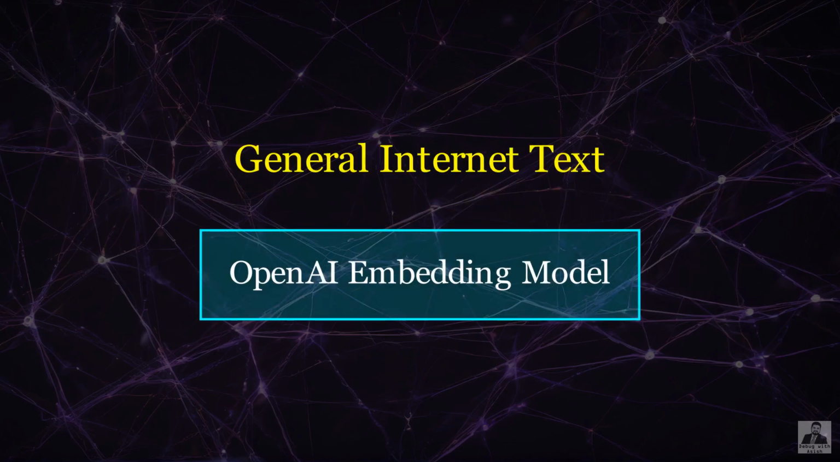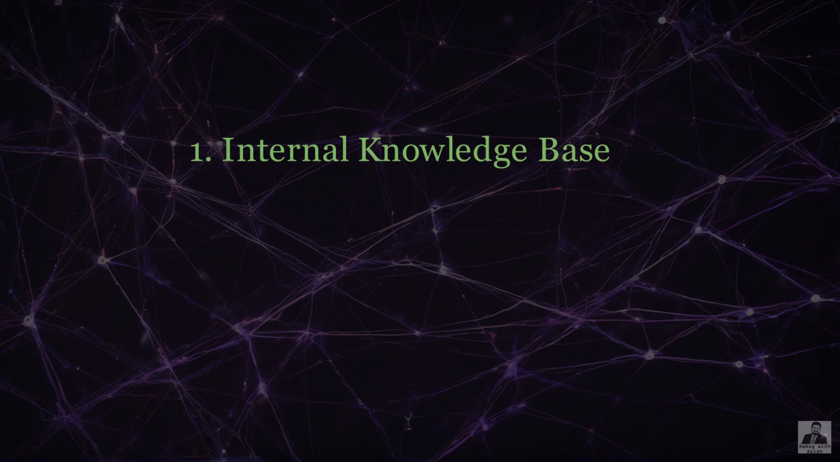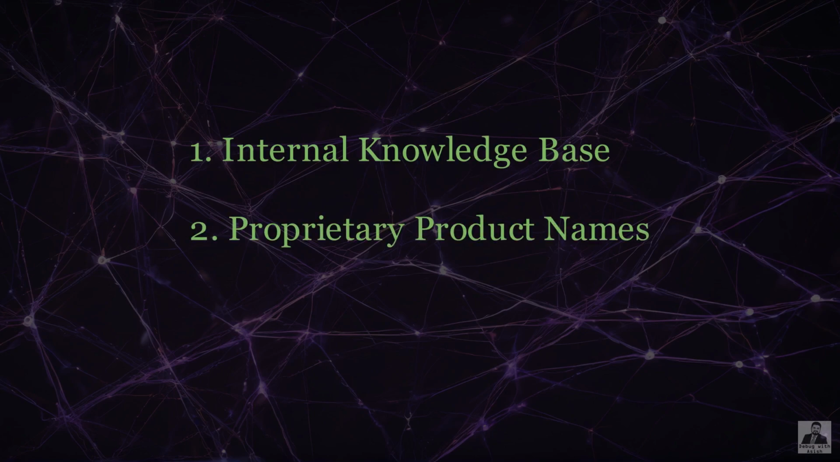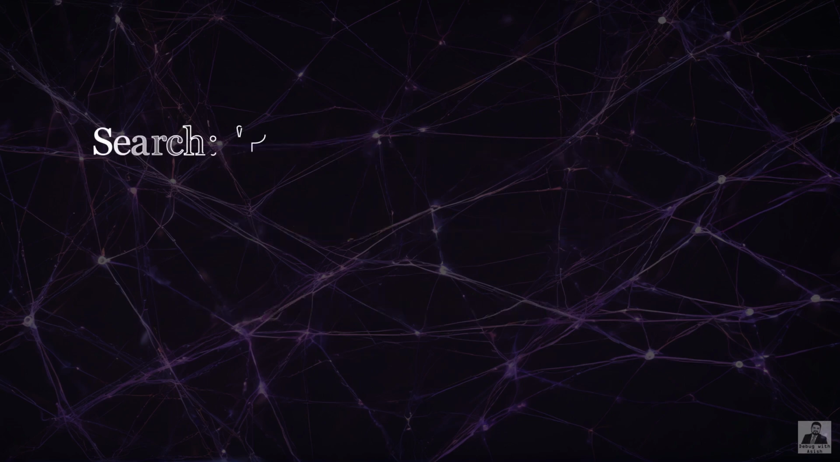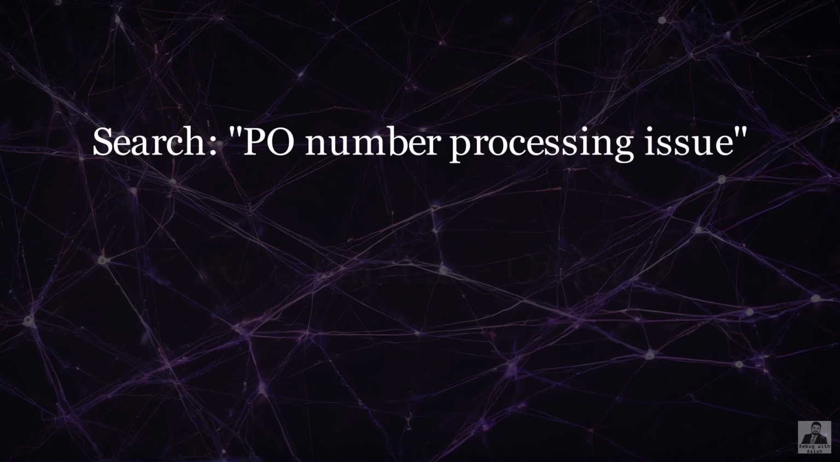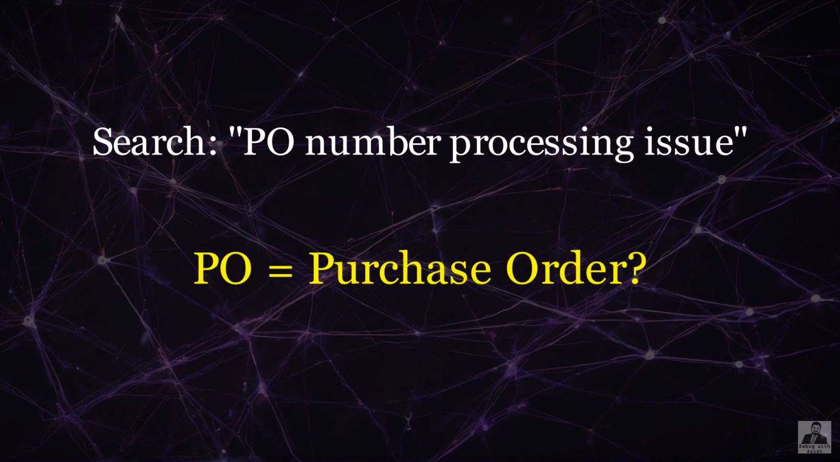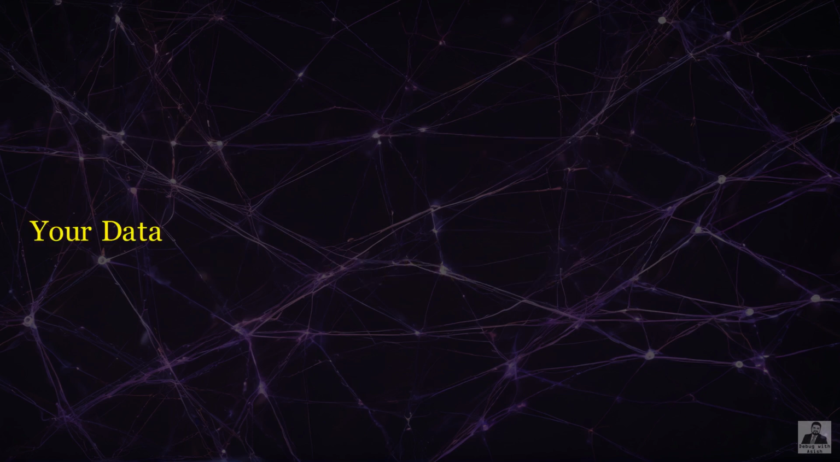The OpenAI embedding model was trained on general internet text. It has never read your internal knowledge base, your proprietary product names, or the specific abbreviations your company uses. When a support agent searches for "PO number processing issue," the embedding model might not know that PO means purchase order in your context. Fine-tuning trains the model on your own data, so it understands your vocabulary before it ever